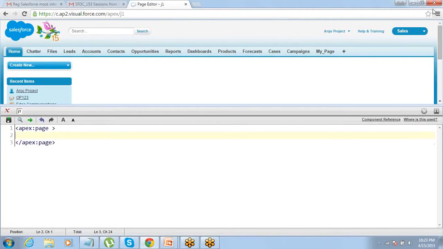Now what we are going to do is bring in a standard controller on this page. Okay, so we'll start with the most basic controller. I told you about 4 controllers. So let's bring in the controller on this page. How do you decide on the standard controller? If you want to create a Visualforce page which has to display data from one object, then we should use a standard controller.